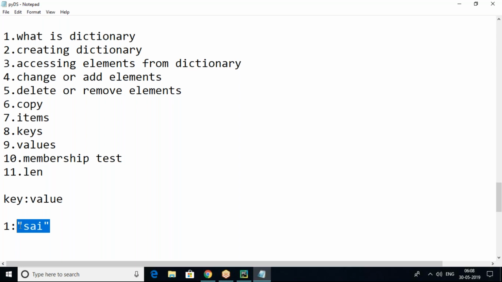Key is immutable, we cannot change it. Value is mutable, we can change it. Key and value both can be of any data type. Only the key must be unique. That is a dictionary, key-value pair things.